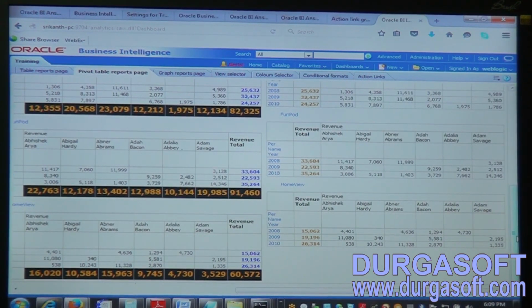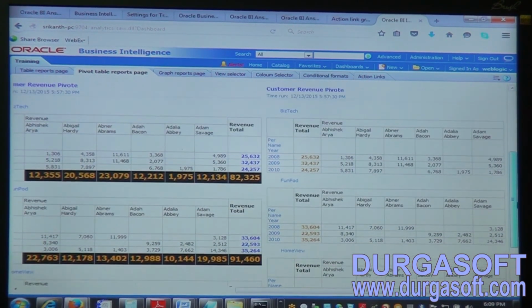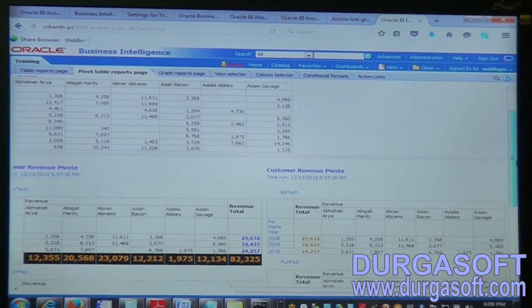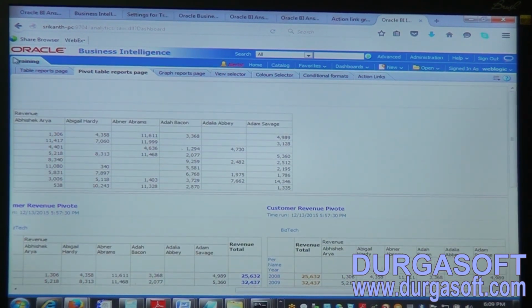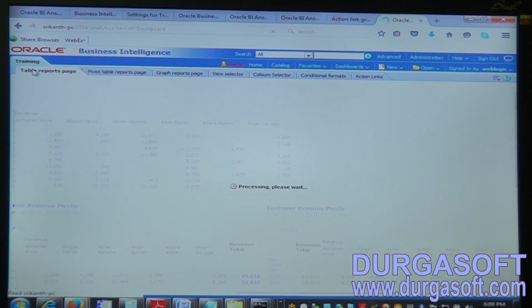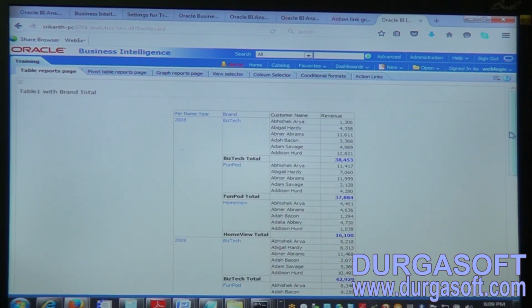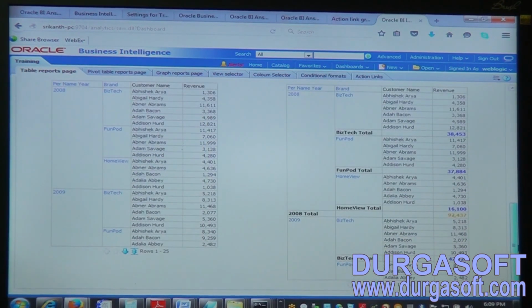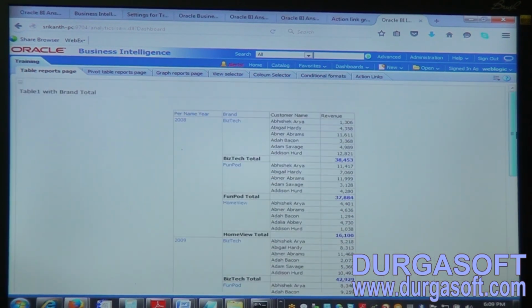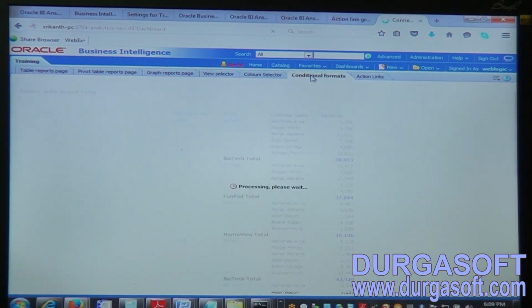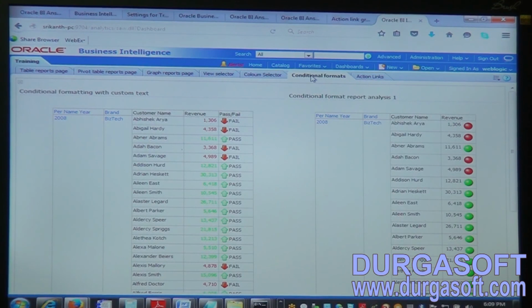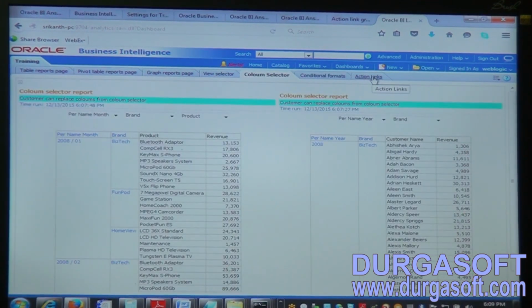A customer can have different types of analysis or reporting solutions created for him in the catalog folder path, and from there we can drag and drop it and select and display it on the dashboards. Let us assume we have a requirement saying that we have a view selector.